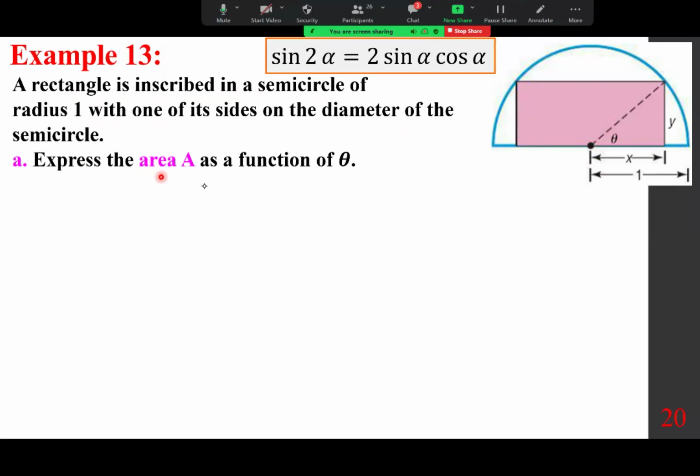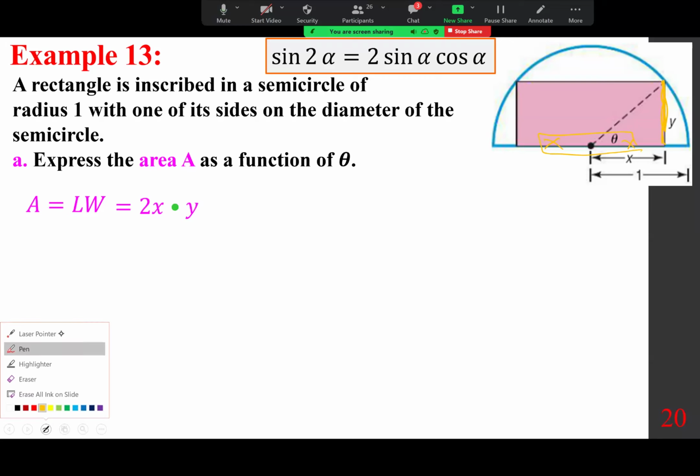So it's very straightforward, everybody. We know that the area is length times the width. So what is the length here? This is x, this is x. So the length is 2x. The width is y. So 2x times y. Now, let's figure out what is x, what is y, and